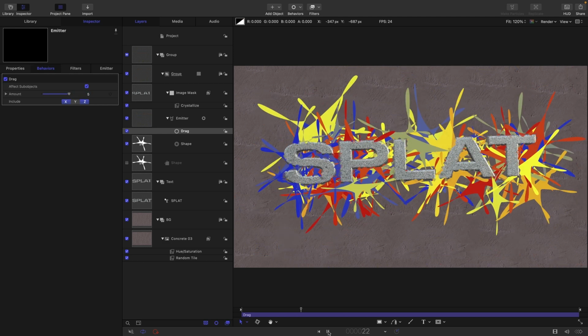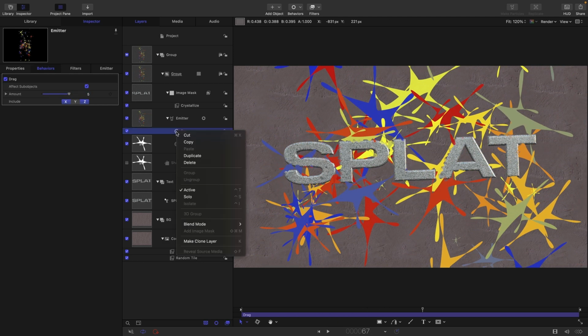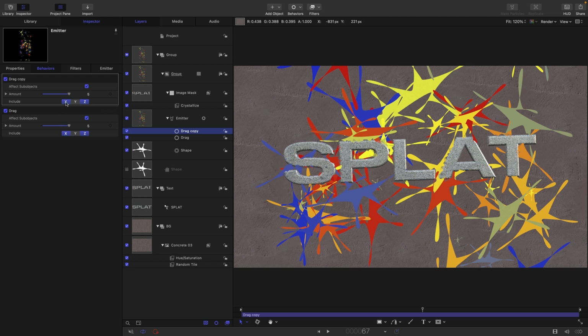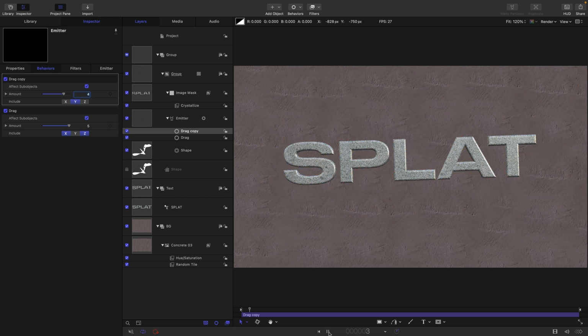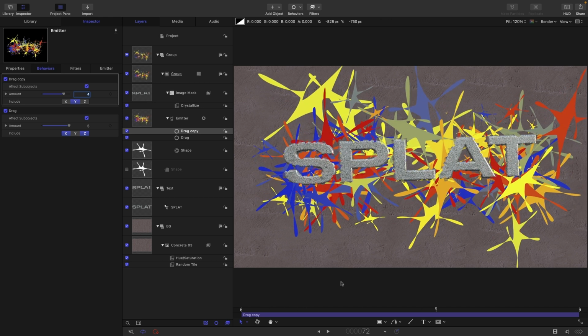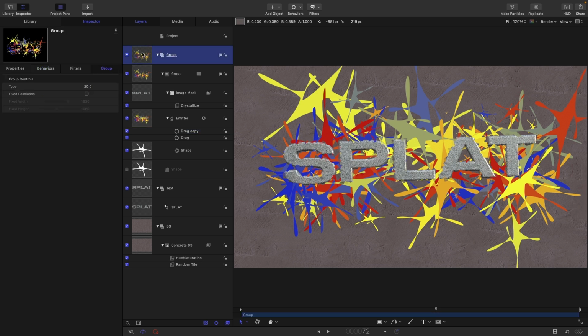And now it's going to do that, but then we want to duplicate this drag. We want to turn off X and Z and turn on Y and set this amount to 4. So now cumulatively we're going to get that. So you get that effect of the paint spraying out and then stopping, which is why drag is really so useful. So it's not yet looking much like paint, but then we're going to come to this enclosing group here